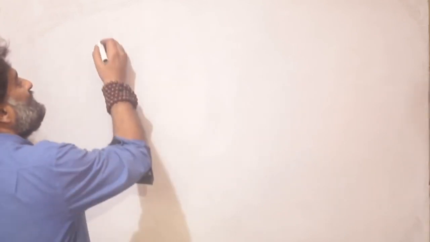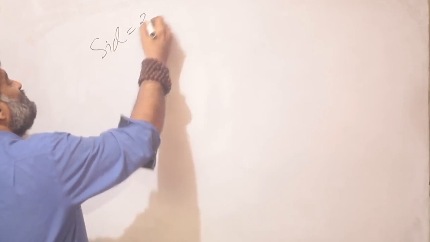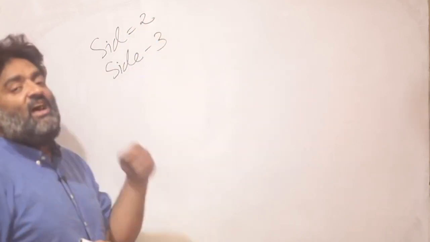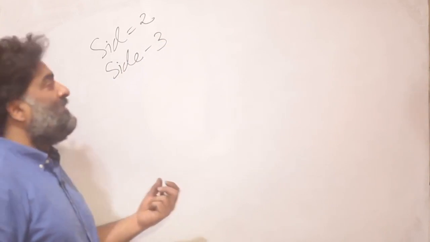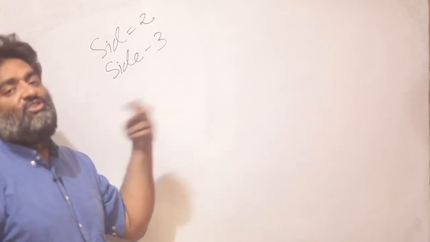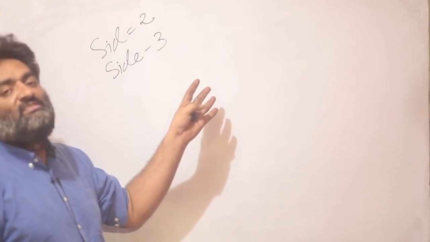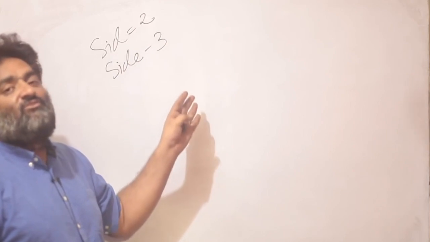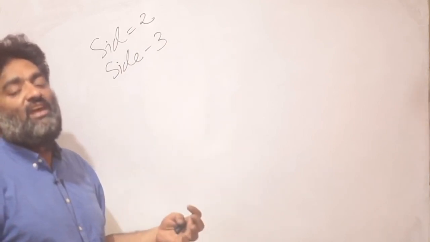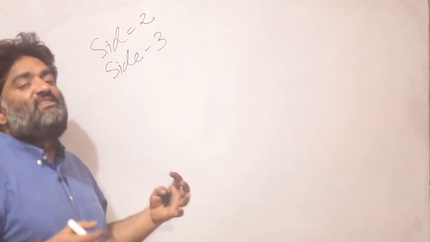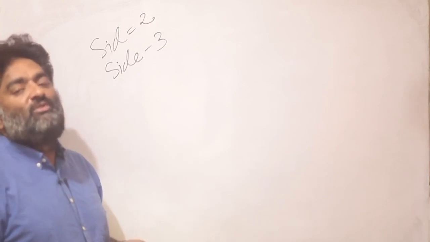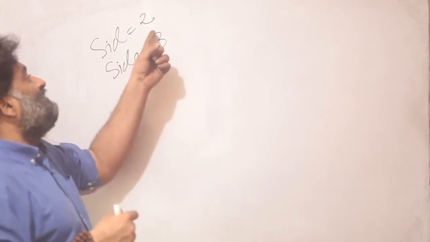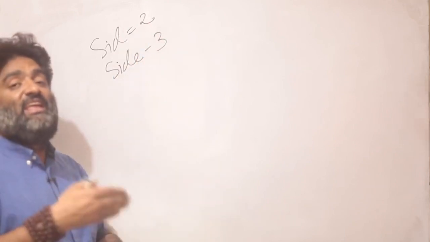What if I give you two sides? I say there is one side of 2 units and there is another side of 3 units for both the triangles. Are the triangles congruent to each other? Another way of thinking of congruency or checking whether I can create congruent triangles or not is to see how many triangles I can create. If with the same information I can create more than one triangle, I definitely know that the resulting triangles are not going to be congruent to each other. But if I can create only one possible triangle, I know whatever triangle I make out of this, I may name them differently.